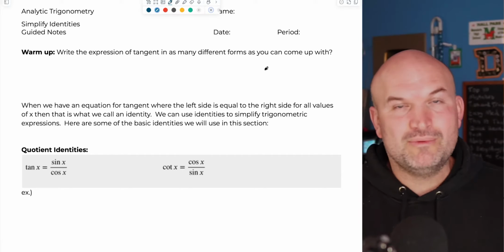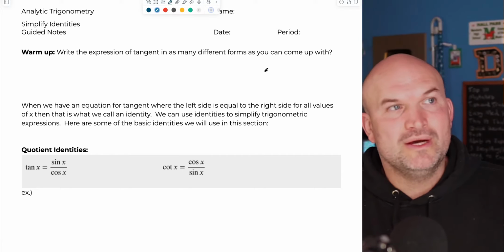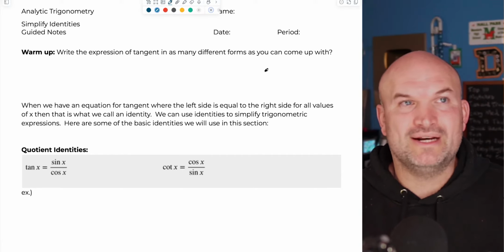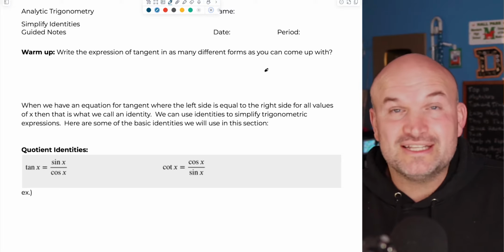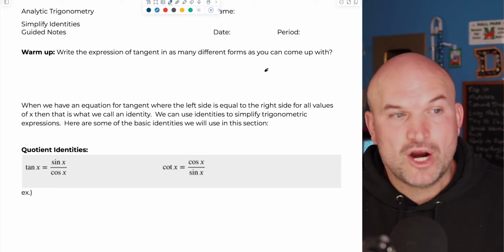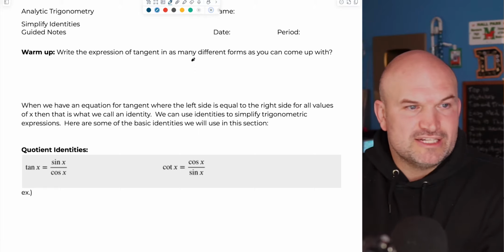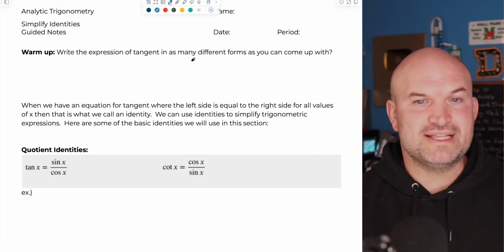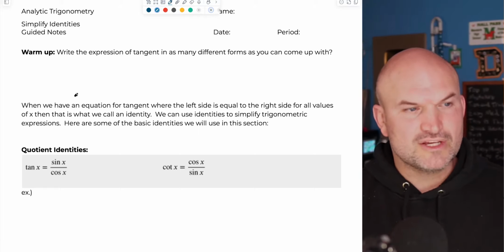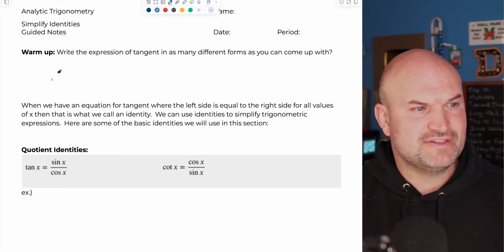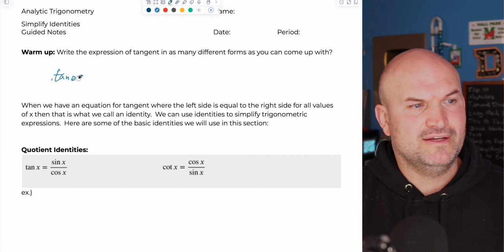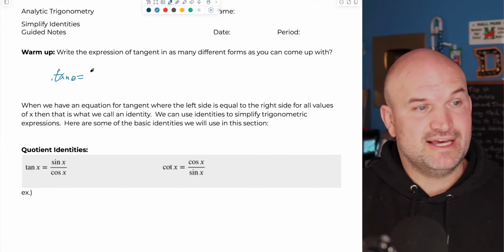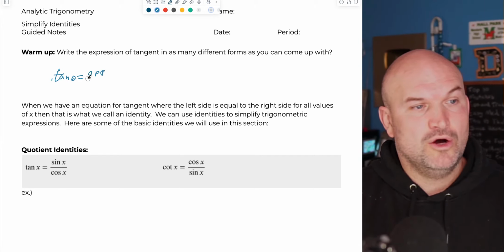Like with any lesson, we want to start with a warm-up, something to get our brain thinking of what exactly we're going to be teaching in this lesson, drawing from the stuff that we already know. So the first one is: write an expression of tangent in as many different forms as you can come up with. A lot of times students think of the obvious, that they remember the tangent of theta, going back from our geometry days, that is going to be the opposite over the